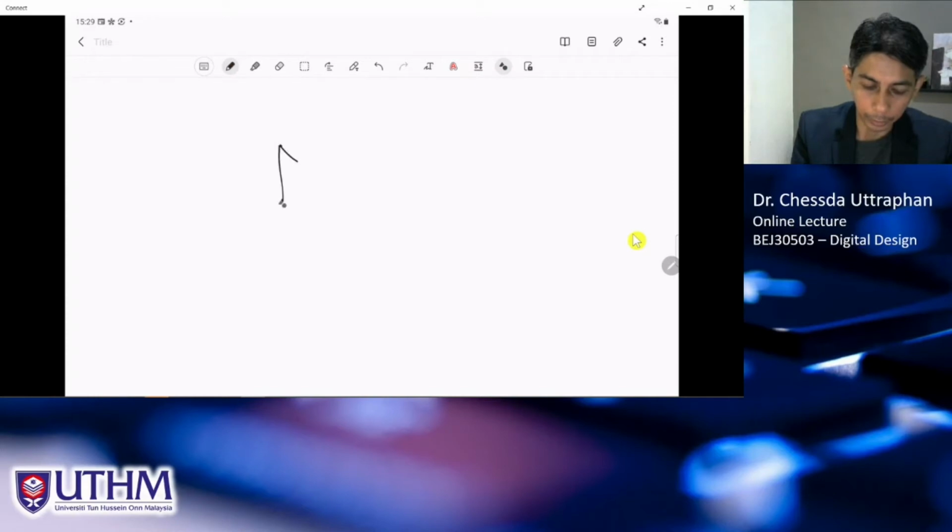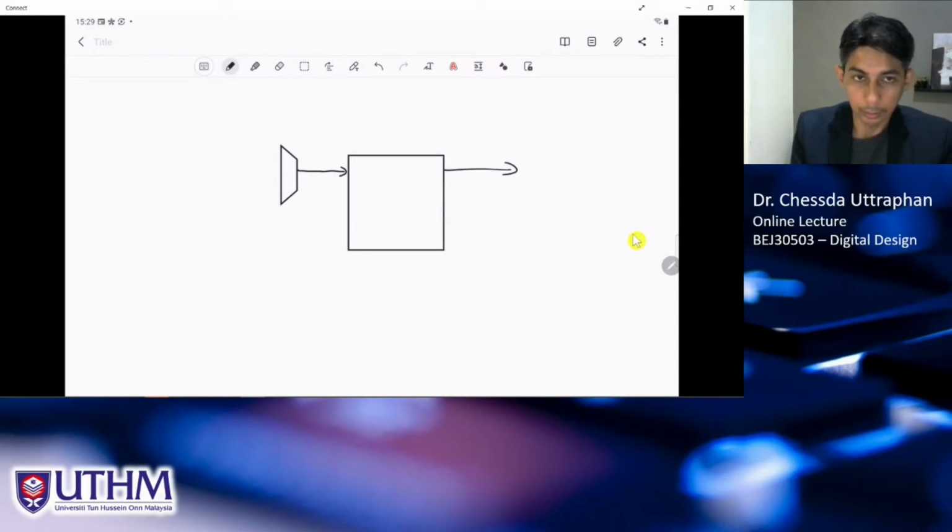If we have a multiplexer before our register, so this is our register, which is 4 bit, and this is actually the select signal, and if we have the load signal like this,